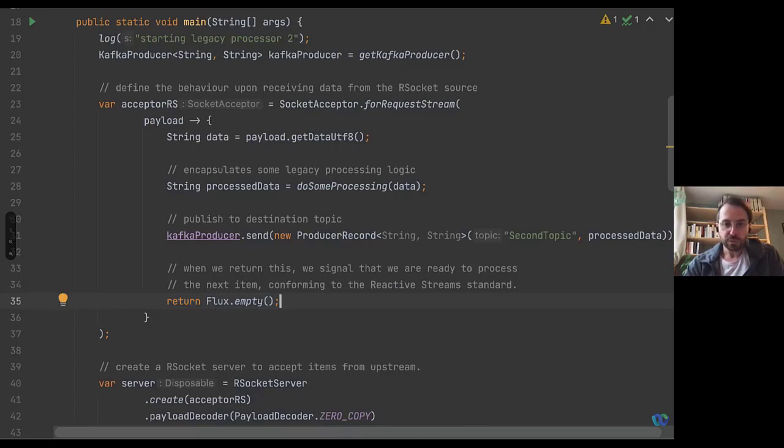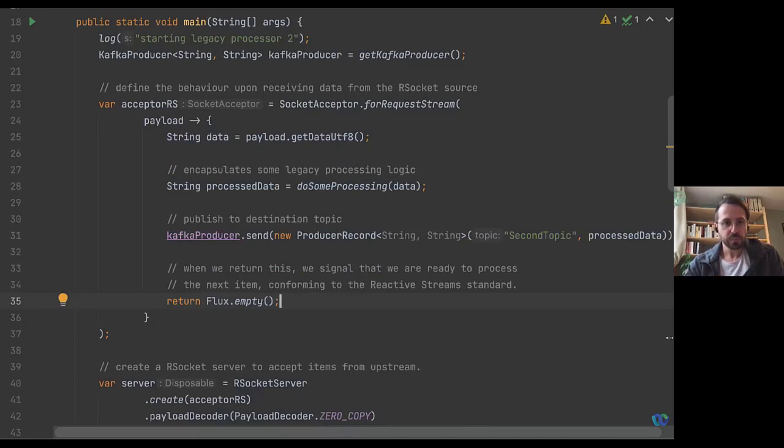Before returning this, the producer of data is not allowed to send more data downstream. After we're done doing whatever we're doing here, we can signal upstream, saying basically, okay, I'm ready to process a new one. And this is really the basis of backpressure, where a consumer can dictate the rate of the